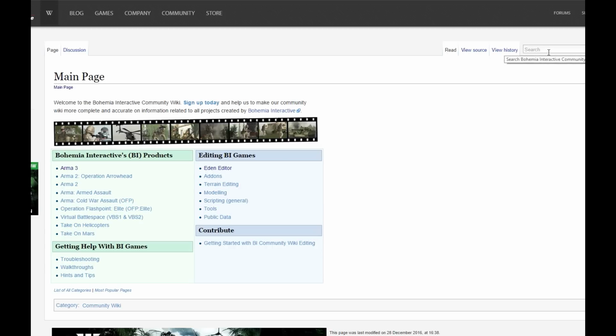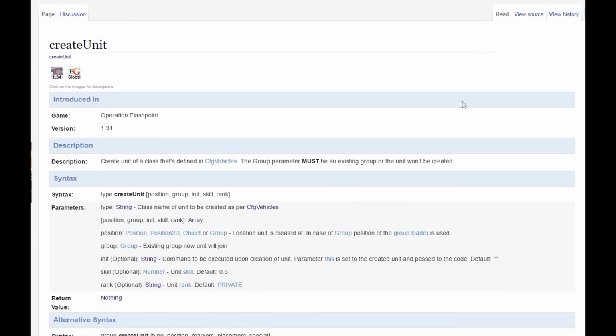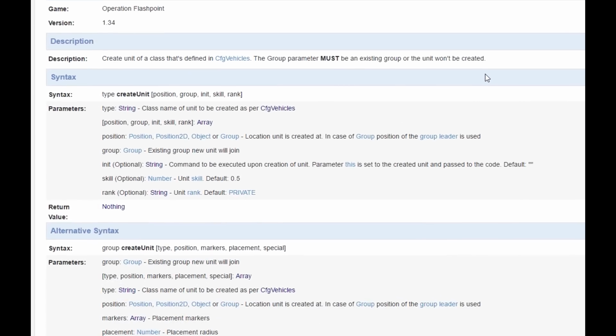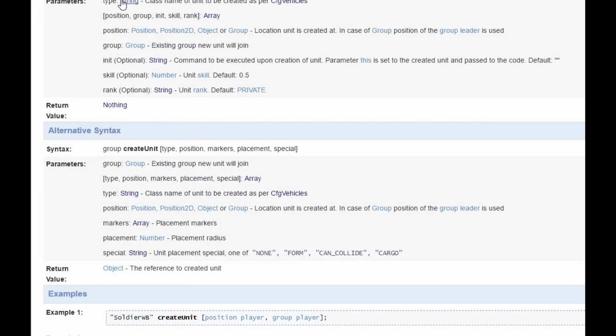The BIS community wiki is without a doubt the biggest, most unified place to get information about different commands and their use. The website is constantly updated with new information from developers and a few selected community members, and provides a catalog of all commands for Arma games, including information about their use, effect, locality, and necessary arguments. A perfect place if you want to find any command, or if you forgot how some command goes or what